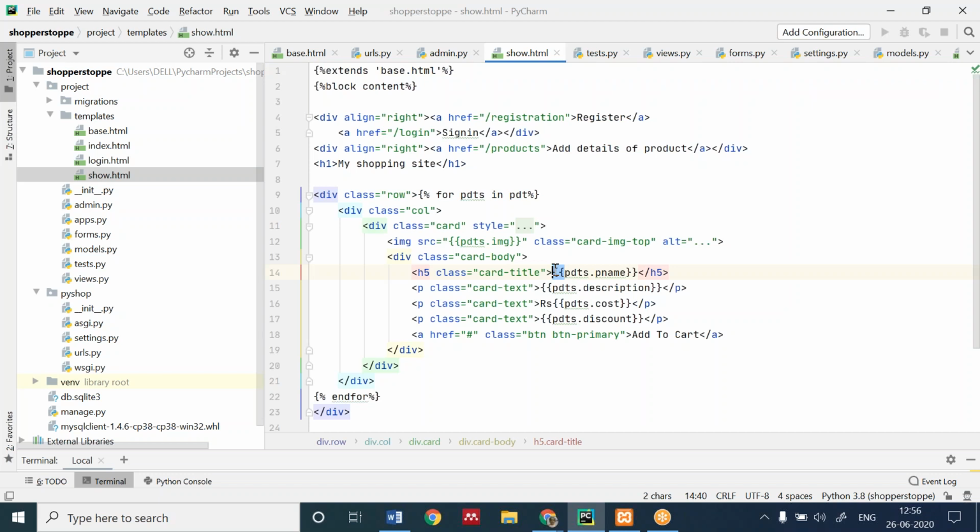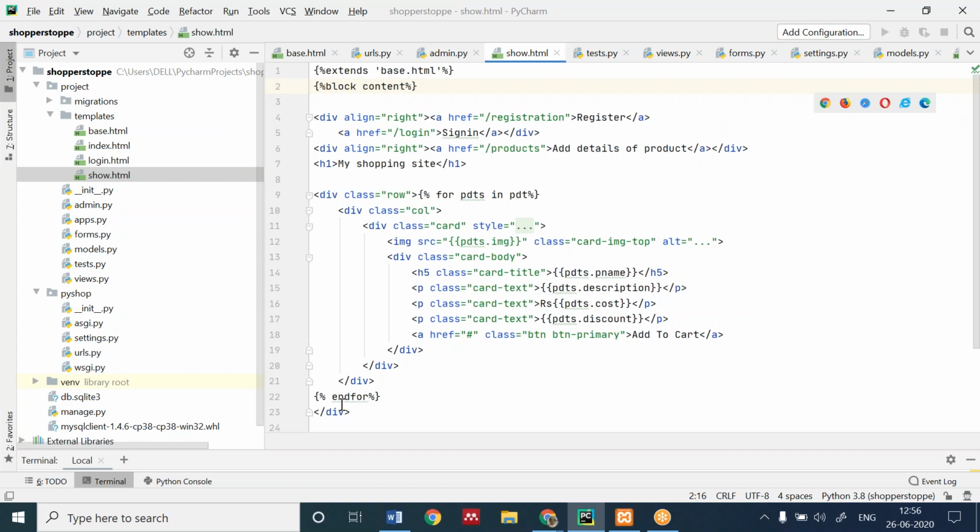The double curly brackets are the evaluation tag, and this is the template tag. So if I want base.html to be extended, I use extends base.html. And if I also want header.html to be implemented, I will write extends header.html.